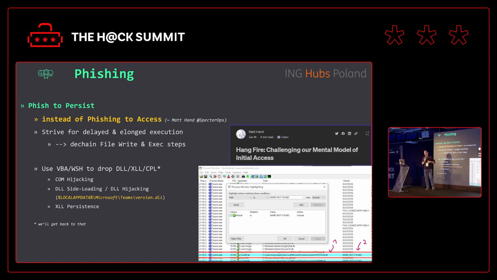EDRs will be very sensitive about checking that, for instance, there was a Microsoft Word process which created the file, then wrote to that file, and afterwards executed that file. This chain of events is going to correlate into a nice and very robust incident, which is obviously going to disrupt the attacker's infection chain. Instead, attackers may now stick to dropping DLLs. For instance, there is this directory in local app data for Teams. It's only present for the enterprise installations of Teams, and the attackers may be able to drop the version DLL